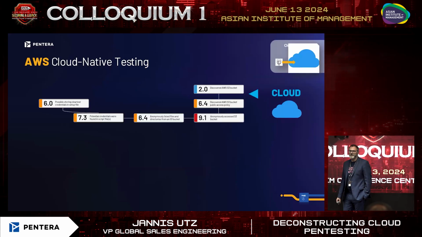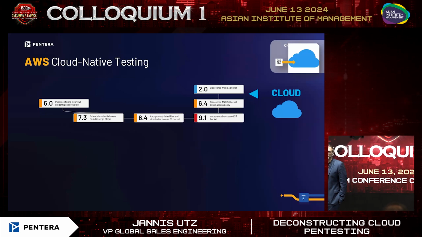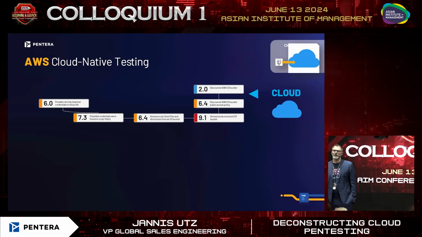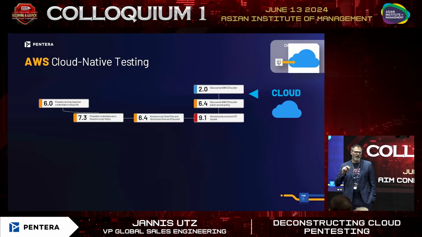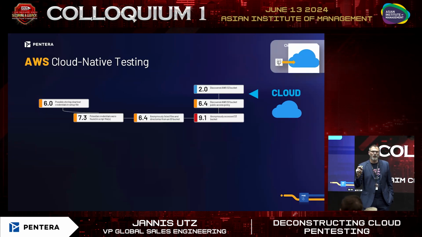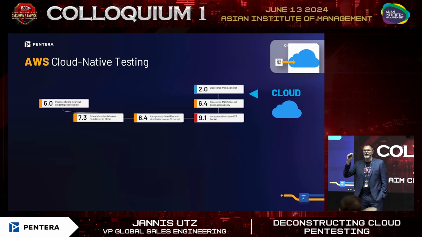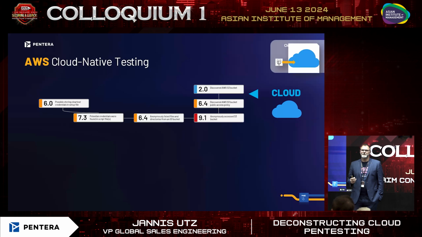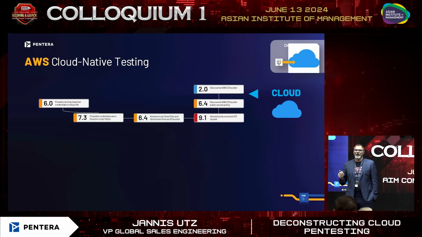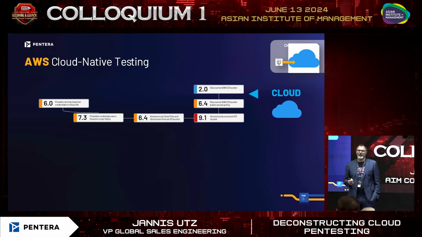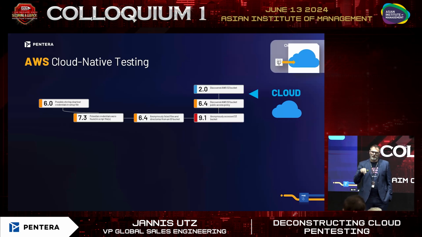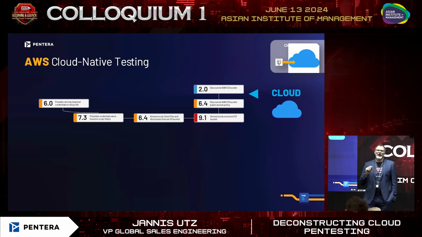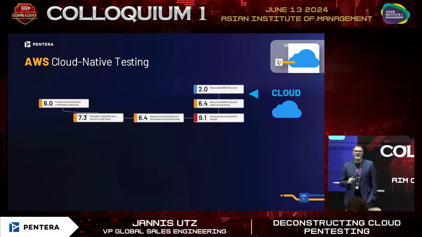And now it gets a little bit more technical. We'll start at the top with the blue box, discovered AWS S3 bucket, right? This is a black box scenario. We don't know anything. I'm taking the perspective of the pen tester or attacker. We don't know anything about the AWS S3 bucket, so we're discovering it. And then we find that it has a public access policy. We then obviously access that bucket. We can list files and directories, and we find that there's a script that will potentially have credentials in it.